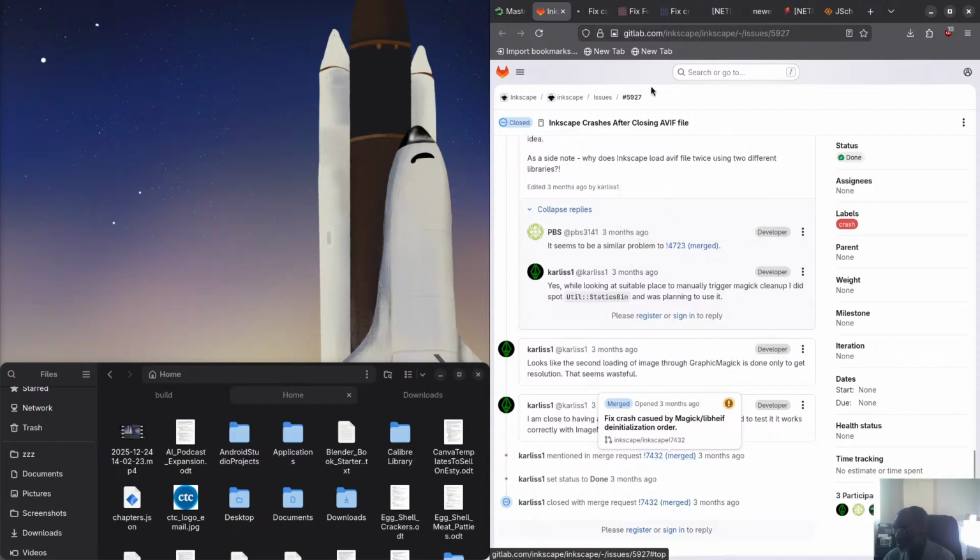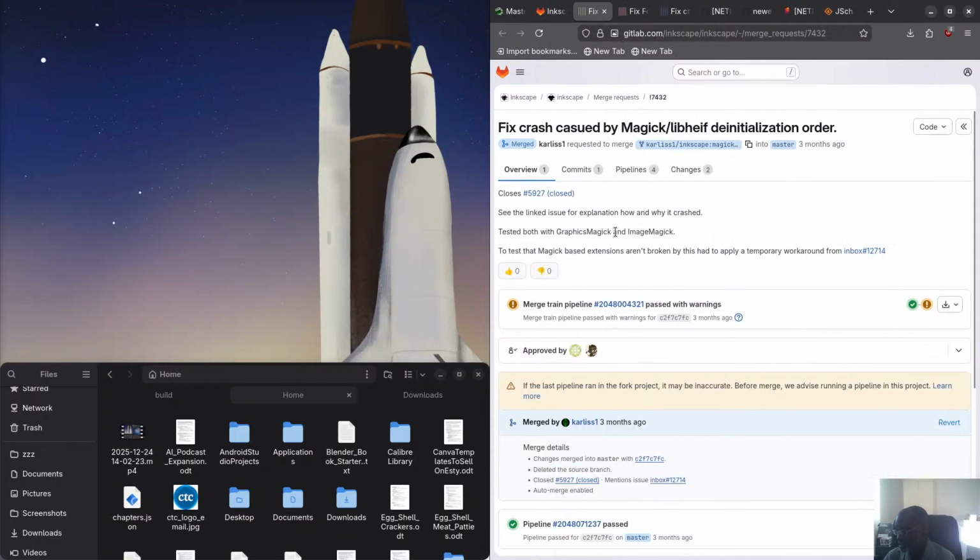So let's go take a look at that one, similar to the NetBeans one, how it was resolved. So you can see here what happened. And the great thing about this was,